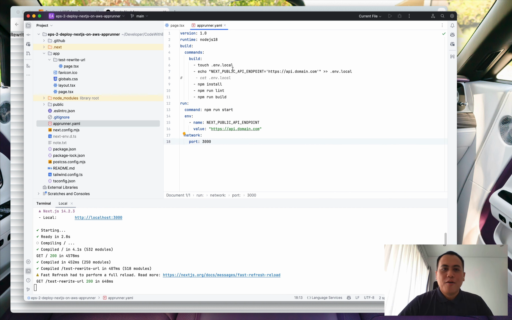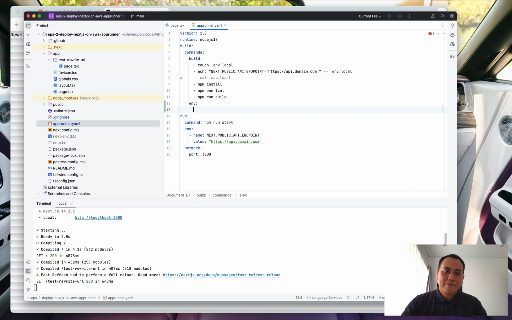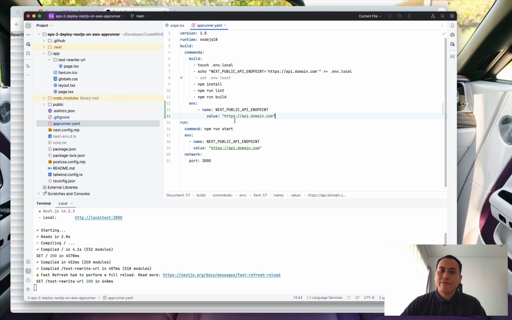That's it. Now back to the quirk of why I'm creating env.local. I don't know why this happened on App Runner. If I use env in here and put the same value, it doesn't work. So what I did is create env.local and make it write the file, adding this line into the env.local file.